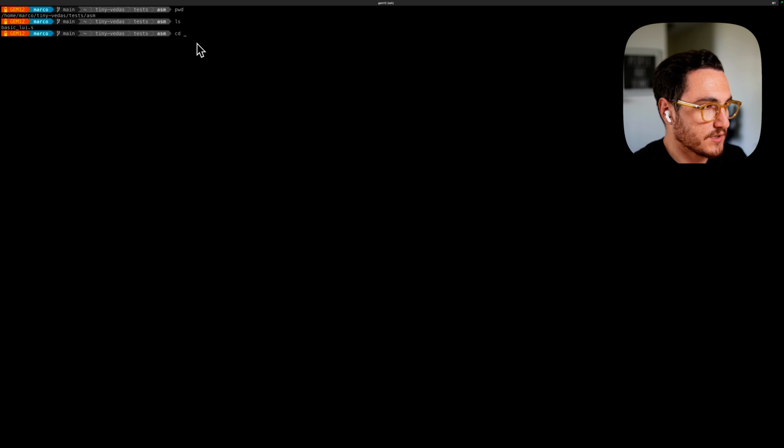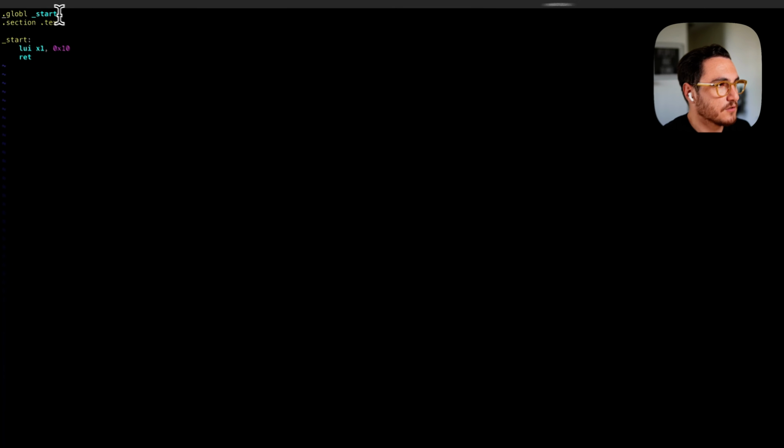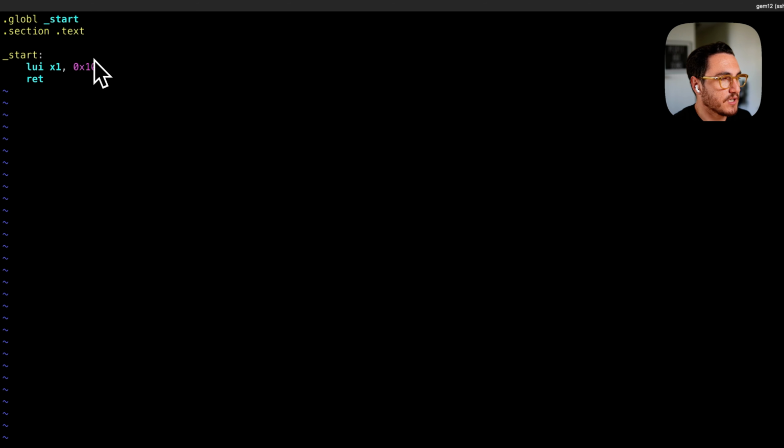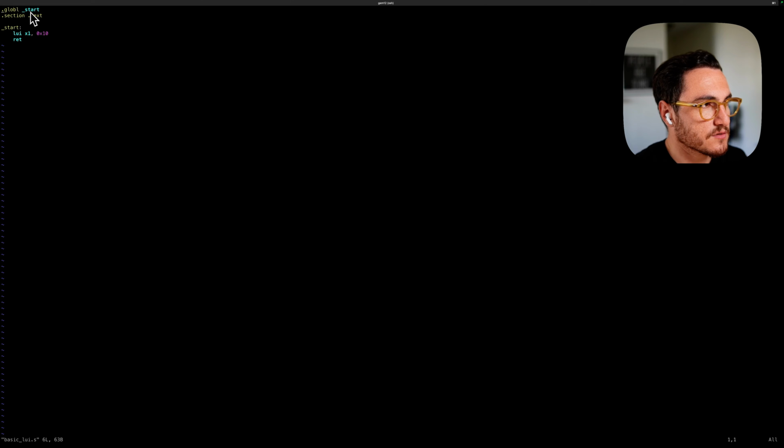We really have one test which is called basic LUI, and let's see what this test does. We have a few things to specify in the assembly file. One is what is the global entry point for our code. So global underscore start means that our program begins at the underscore start label, which is the default one for